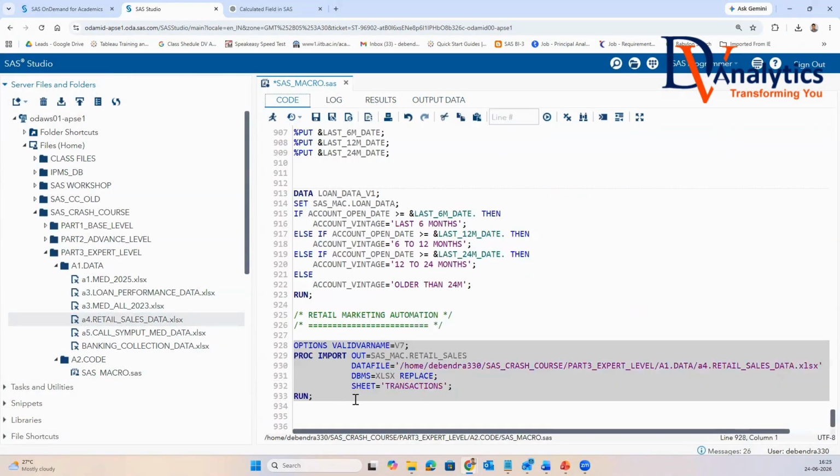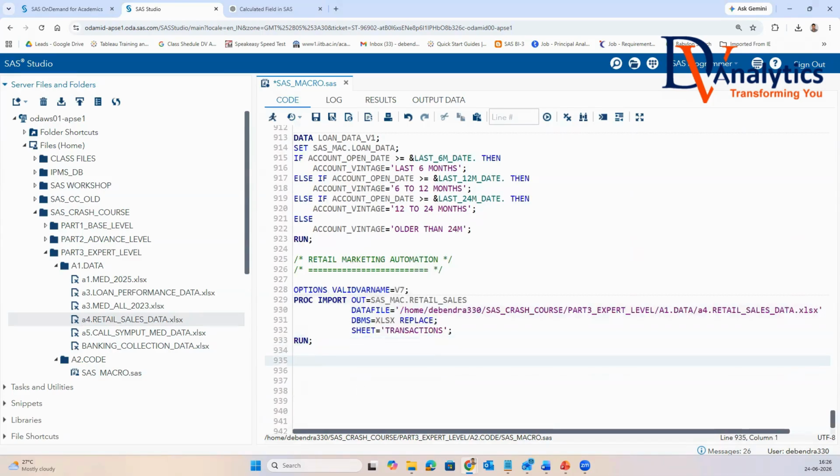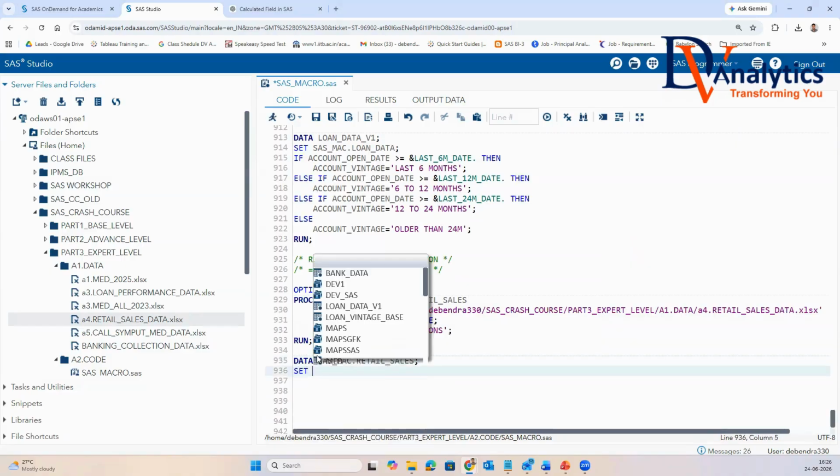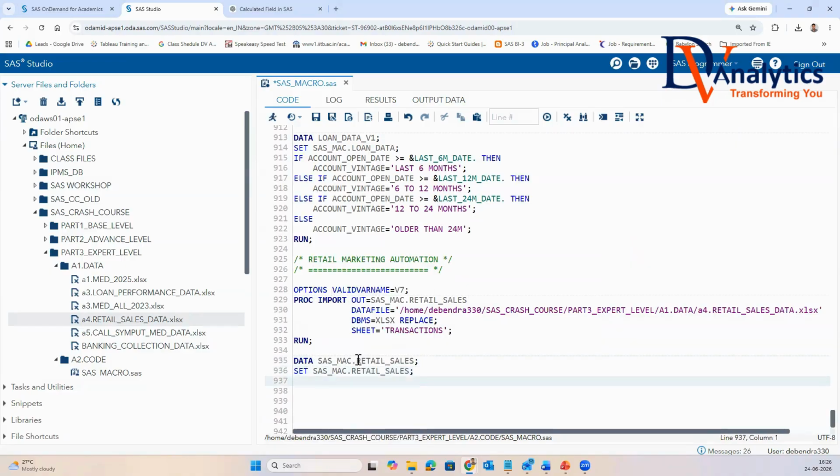Yes. What I'll do first, I want to do some analysis from this data. So I'll say data set to this data set, retail sales